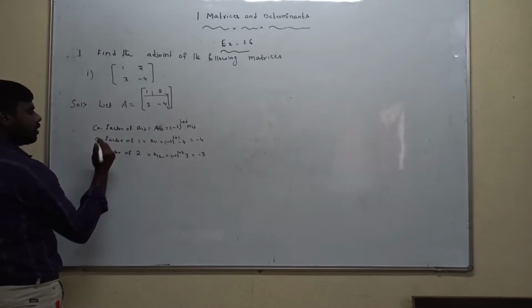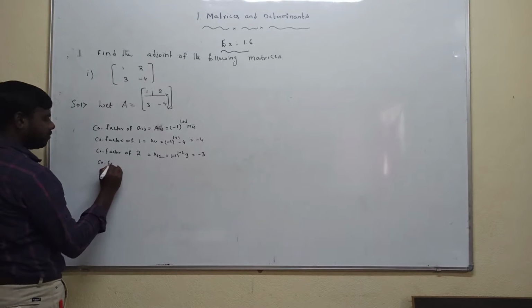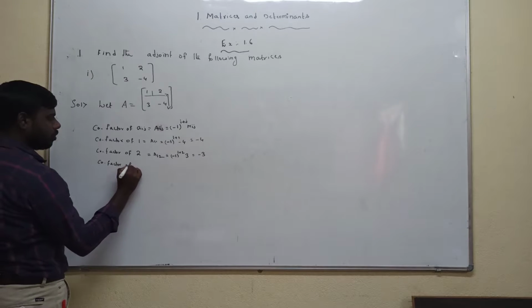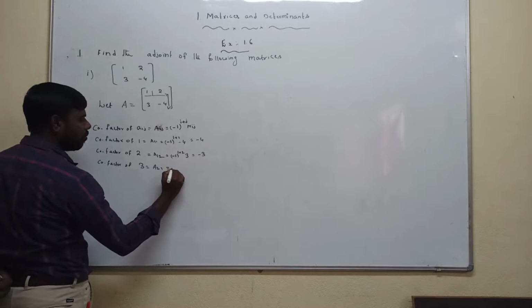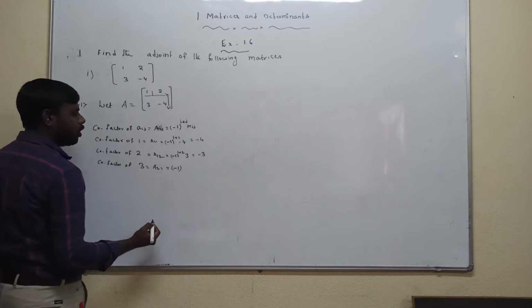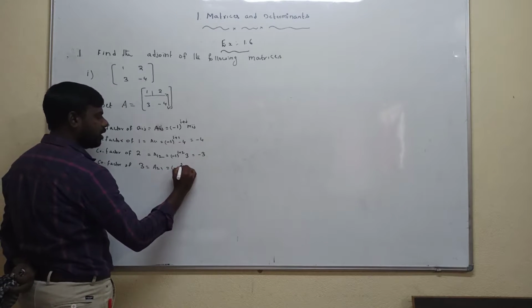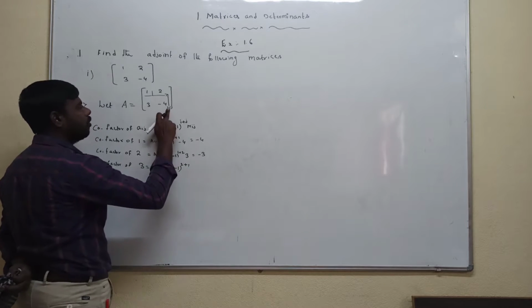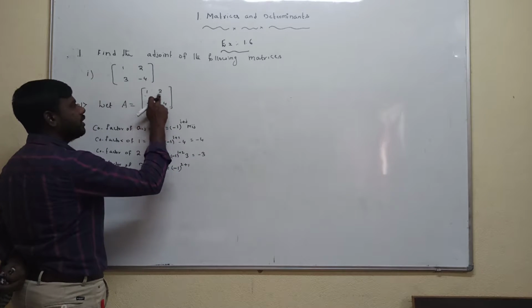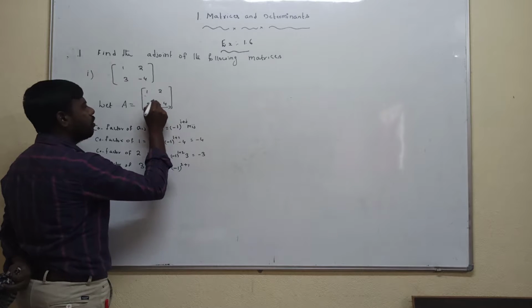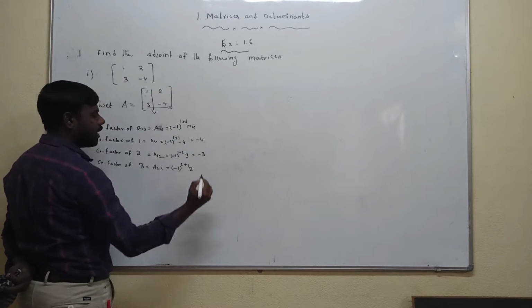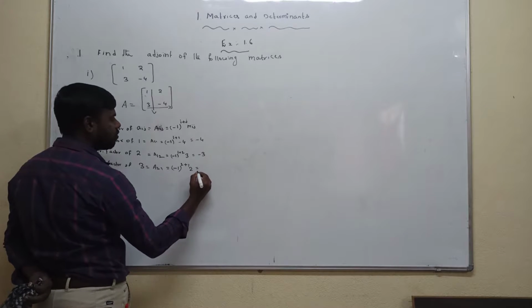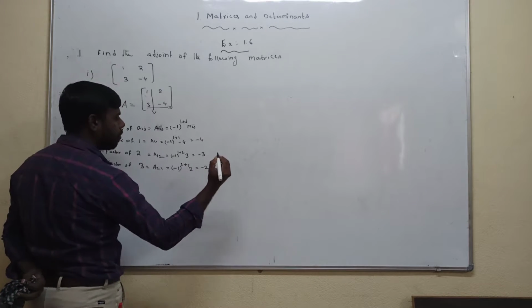Next we need to calculate the cofactor of 3. Now 3 is present in the second row, first column. Apply the formula (minus 1) to the power of 3. The second row and first column are eliminated, then the remaining element is the minor. Minus 1 whole cubed is minus 1, and minus 1 into 2 is minus 2.